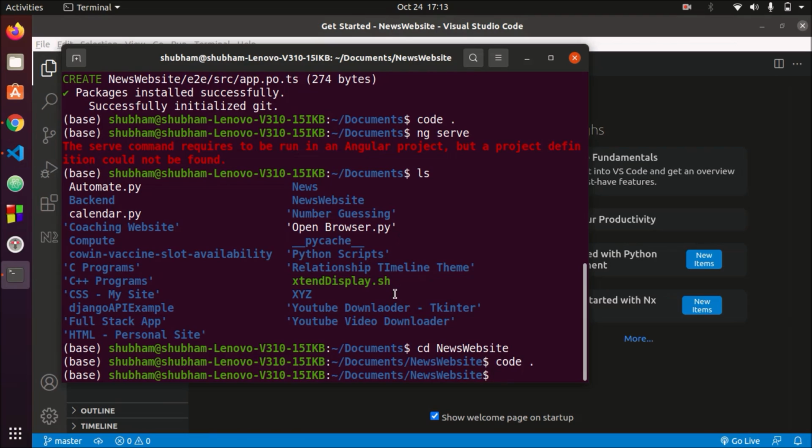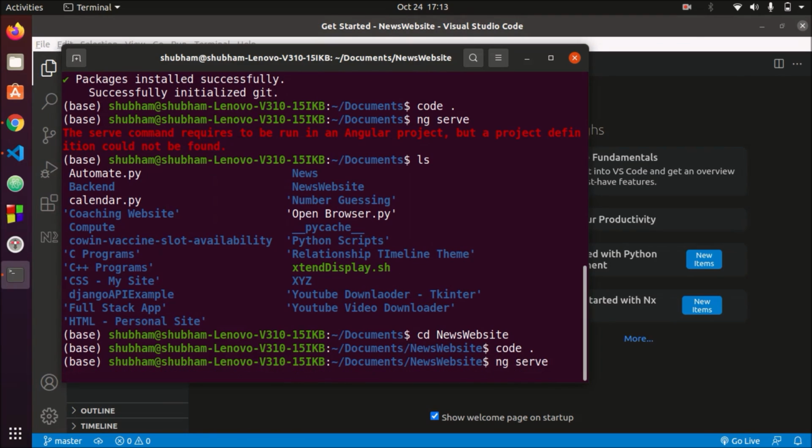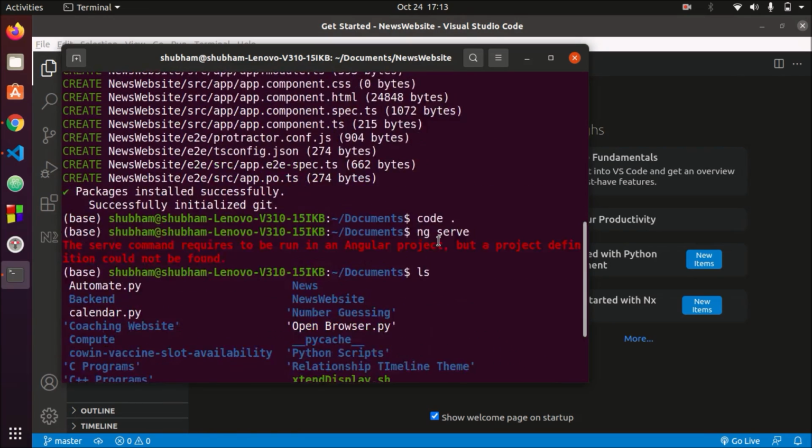It is opened, and let's run it now. It will take a little bit of time.